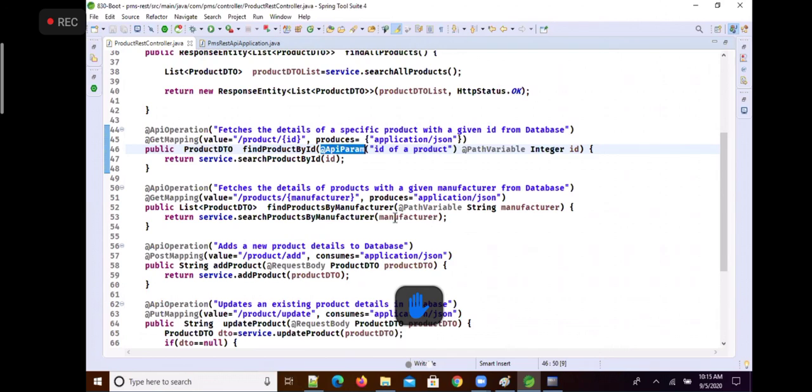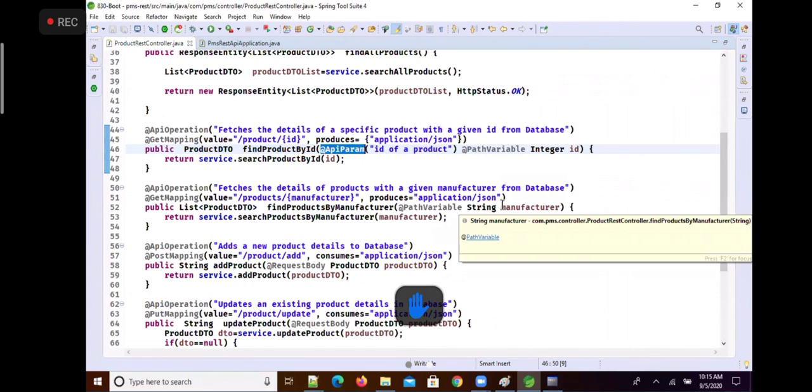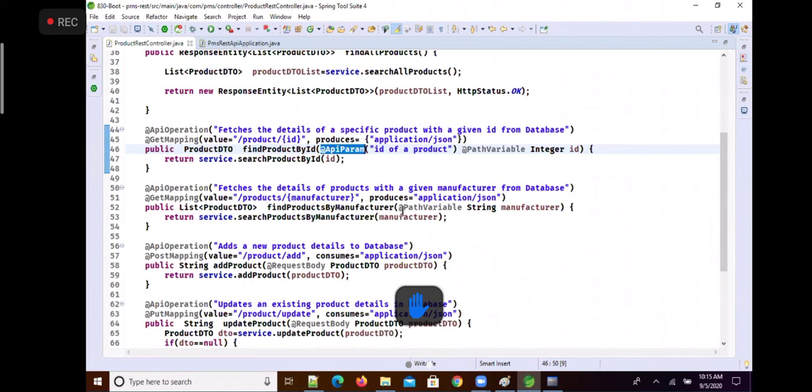Next, similarly for manufacturer, if you want, for example @ApiParam, I can write manufacturer of a product.